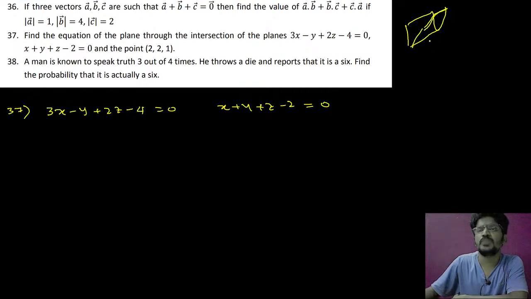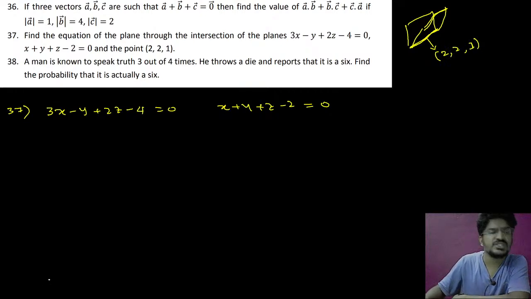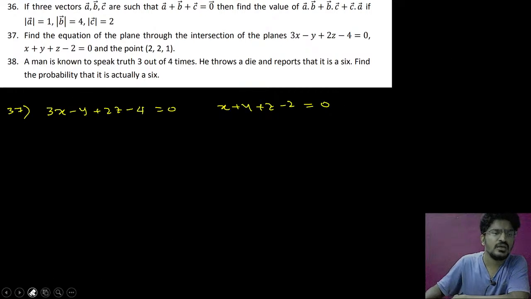So these are the two planes and this is the intersection line, and the point will be (2, 2, 1). Clear? This is the plane passing through the intersection of two planes. Clear? If you want to draw it still more neatly,